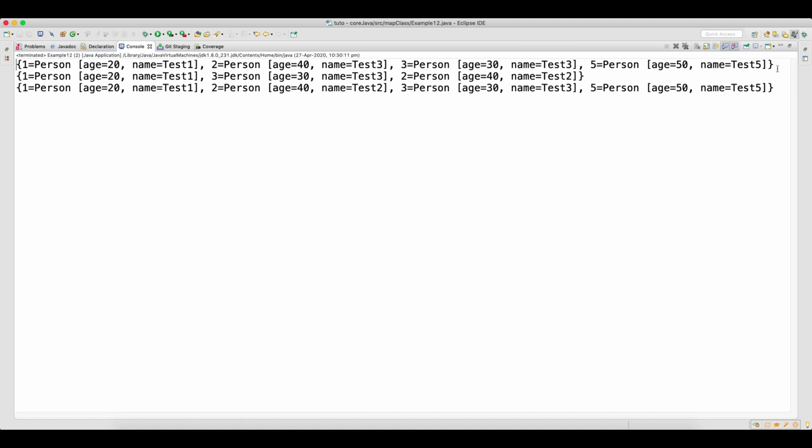The first one is your hash map output: you got 1, 2, 3 and 5. Here also you have 1, 2, 3 and 5. So whatever keys you are getting in the tree map, the same keys you are getting in the hash map, and it looks like the outputs are the same, but that is not the case.